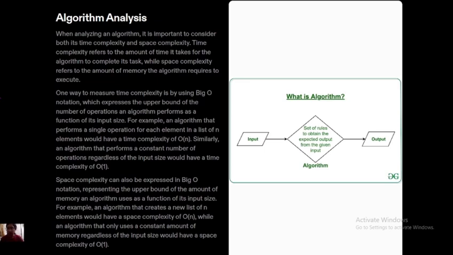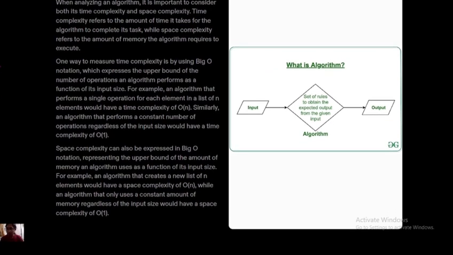For example, an algorithm that performs a single operation for each element in a list of n elements would have a time complexity of O(n). Similarly, an algorithm that performs a constant number of operations regardless of the input size would have a time complexity of O(1). Space complexity can also be expressed as big O notation, representing the upper bound of the amount of